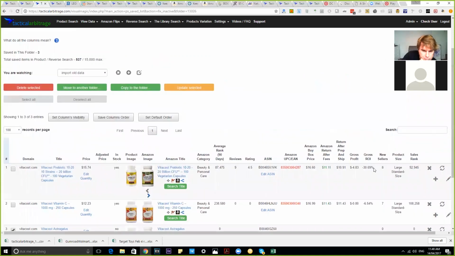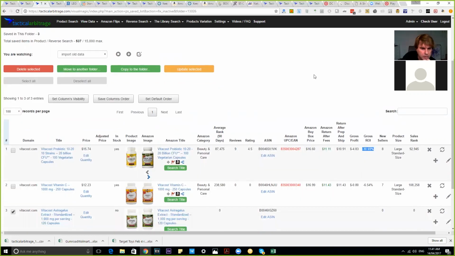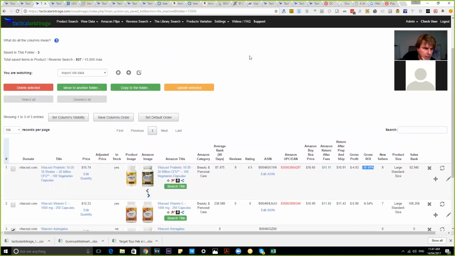Now, it says it's not profitable there at the moment because in this particular case, we haven't entered in here the 50% off buy one, get one free deal at Vitacost, which we can put into our settings, of course, for when we're importing and that kind of thing, or for when we're updating all. So that would be a profitable item there. I'm not sure if that really showcased it properly, but